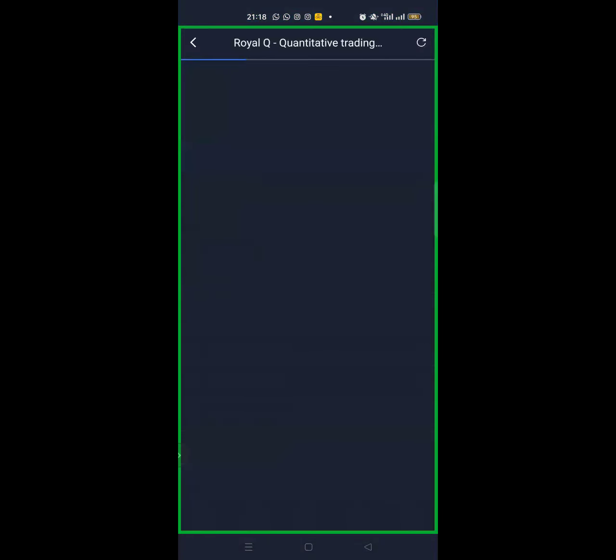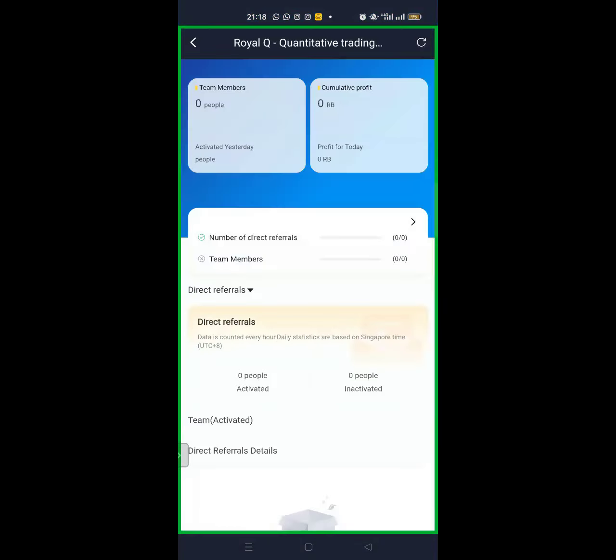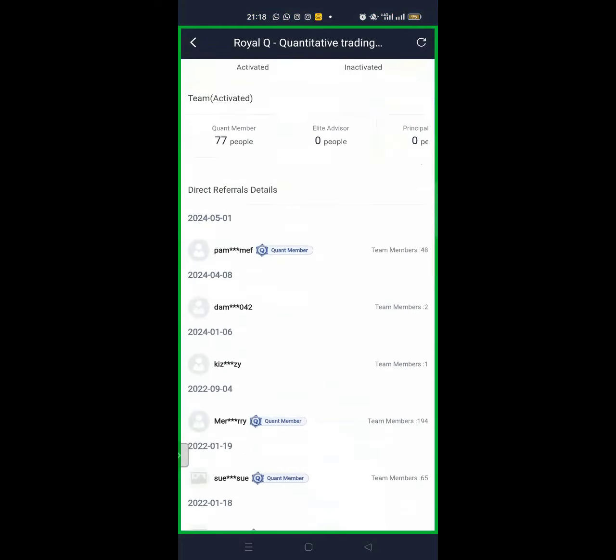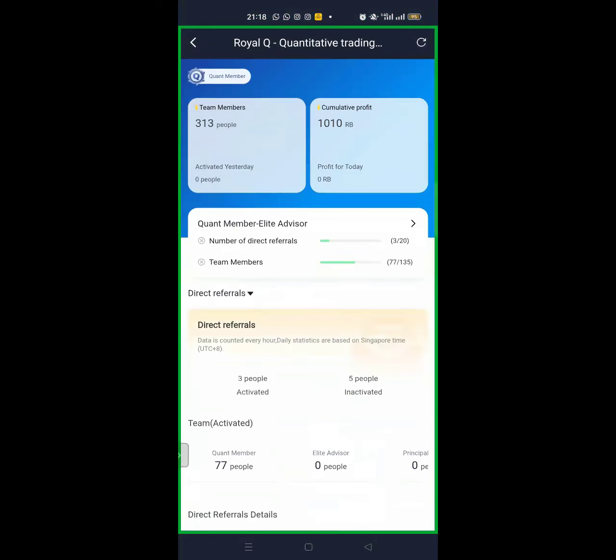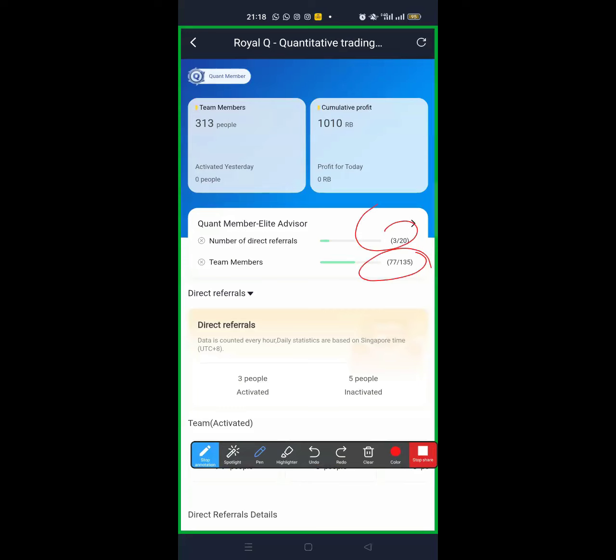All right, so you see this account. This is the team size of this account. As you can see from here, this account has a direct of 3 referrals and a total of 77. So if I can activate 20 persons and get a total of 135, I'll be an elite advisor in this account. So you can see,